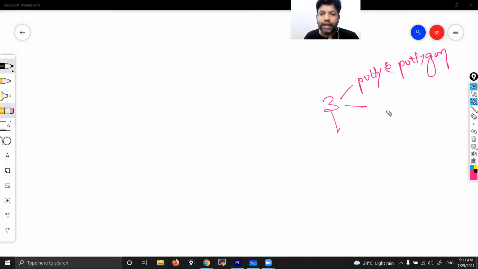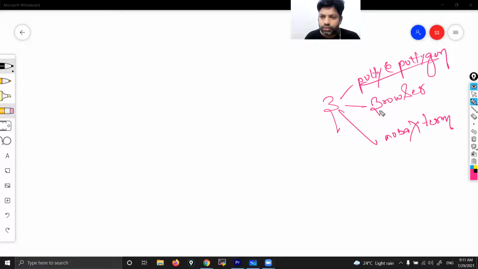We can call it browser based access. Through the browser we can access. And the third one is MobaXterm.